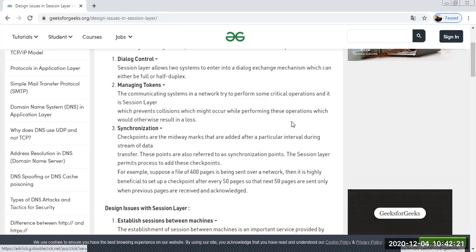Clear? ट्रांसमिशन के दौरान, ठीक है। तो सिंक्रोनाइजेशन is the third part. सिंक्रोनाइजेशन में क्या करते हैं, we use the checkpoints that are the midway marks that are added after a particular interval during the stream of bytes. So checkpoints क्या है, generally checkpoints